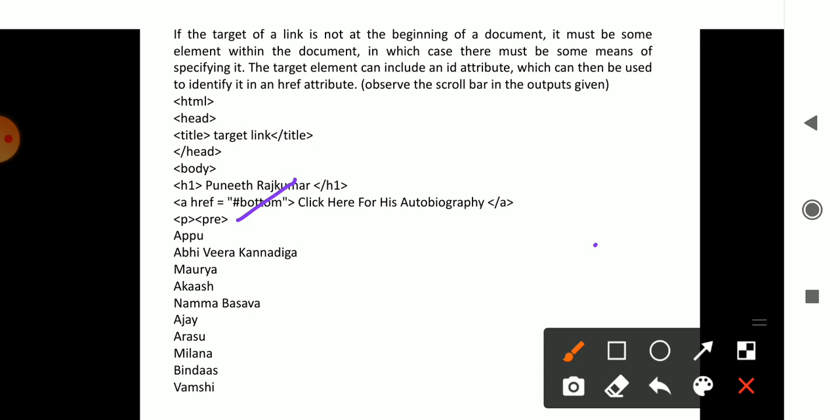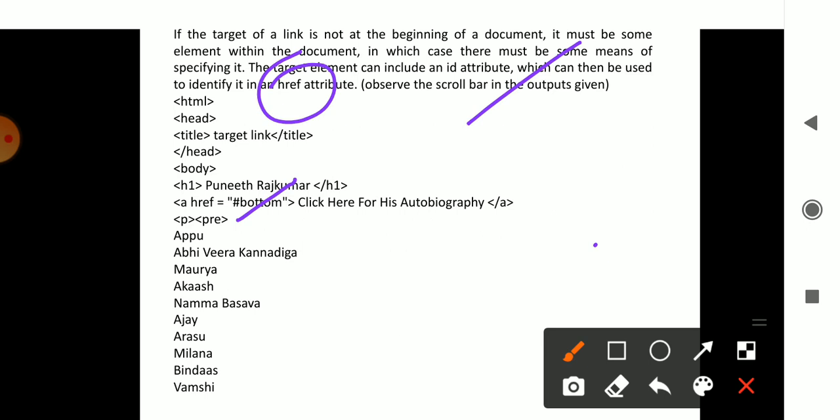You are identifying certain things, and I want to move from one part to another part and display it on the screen. That also can be done in web programming. How it is done, we will be checking out. But here also you use the concept of href only. You are not changing any concept; you are using the href attribute to move from one part of the document to another part of the document. Not another document, but another part, that is from top to bottom, top to middle, or top to right, left, like that.